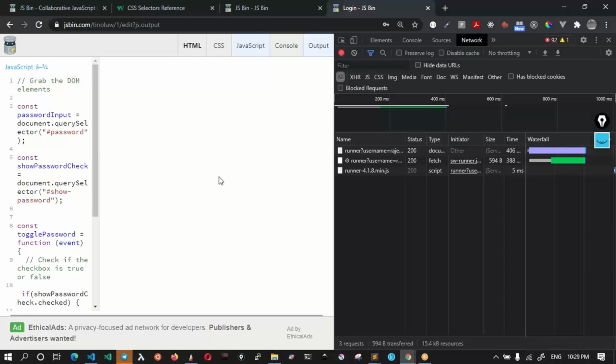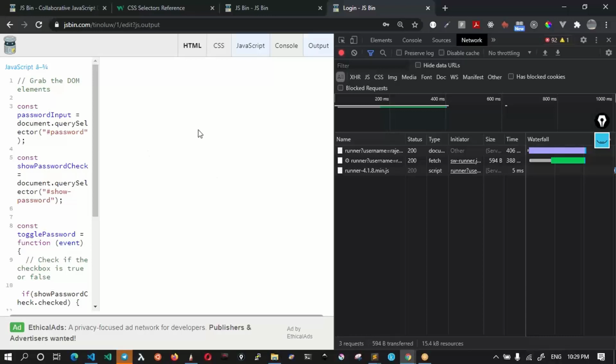Saurabh is asking a question: if there is some other overload or toggle password method. Saurabh, there is no function method overloading in JavaScript. Is this clear? There can only be one toggle password. Is it clear, Saurabh? But suppose you still declare three toggle password methods, the latest one will only be picked because the rest of the things will be ignored. We'll talk about that when we talk about object-oriented programming and inheritance and overriding.